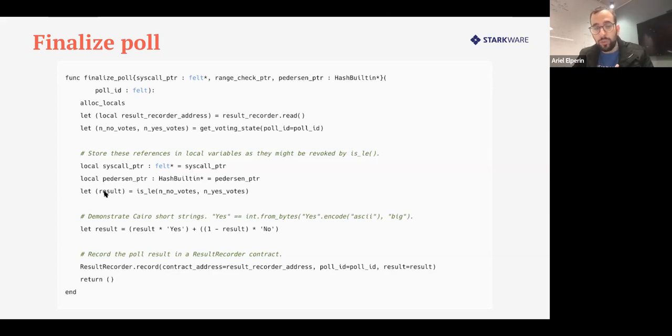And now we compute the result locally. So the result is 0 if the number of no votes is greater than the number of yes votes, and 1 otherwise. So we can call the is less equal function, which does exactly that: returns 1 if the left argument is smaller or equal to the right hand argument, and 0 if the opposite case holds. So using this comparison, we can know the result of the given poll, and then we can actually record this